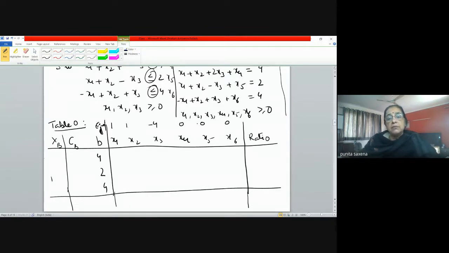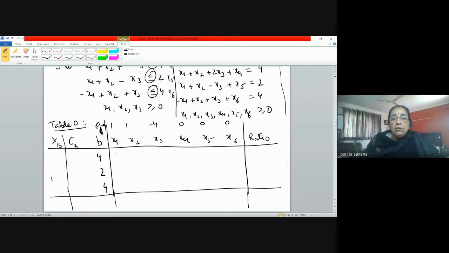Because we have 3 equations. So it's like I have 6 variables and 3 equations, right? So 6 variables and 3 constraints. So my B will be of the order, XB will be of the order 3 cross 3. So here only 3 variables will come, right? 3 can be given arbitrary value and 3 will be given some value. Now we'll make the entries of these variables from the matrix A, from here, the left hand side of the constraints.